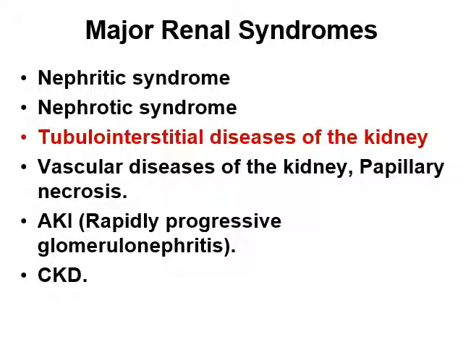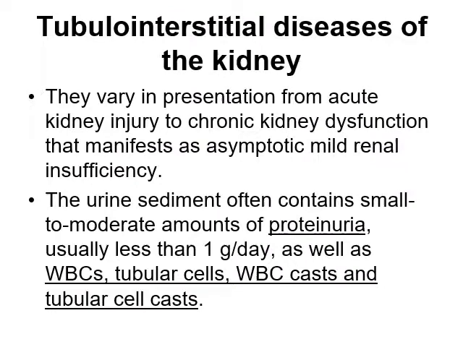Tubular interstitial disease of the kidney will be discussed in a separate lecture, a very long lecture. But for the stigmata of tubular interstitial disease, you will find there is a very variable presentation. The pathognomonic features for TIN will be proteinuria, but less than 1 gram per day, and as well as